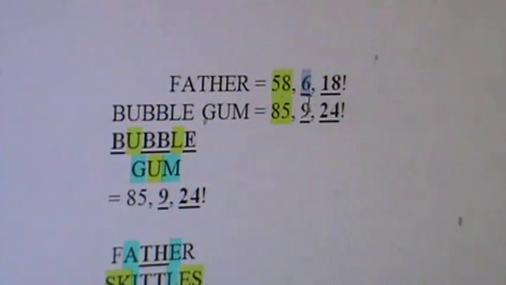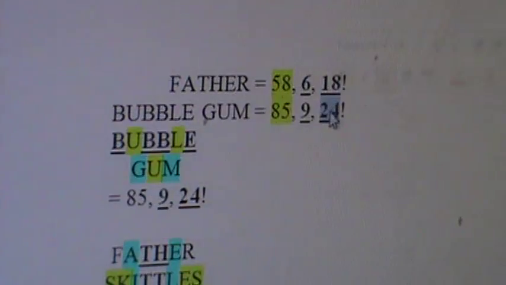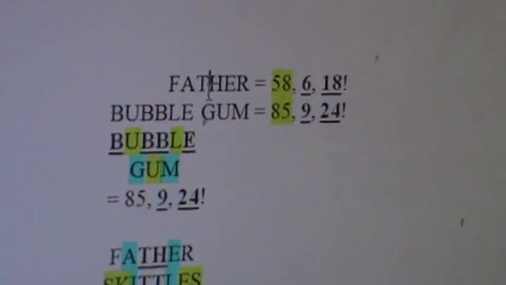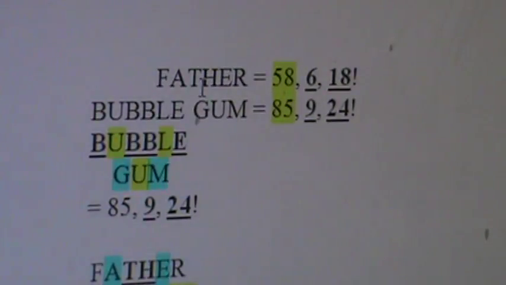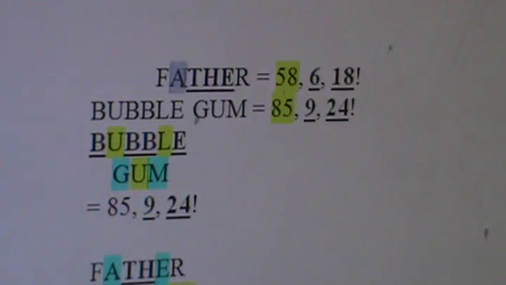Okay, so 6 letters, 9 letters, 18 strokes, 24 strokes. Flawless in its overall design for the Trinity. Okay. Father is pointed to by bubblegum. Because he ordained bubblegum. Wow, the Trinity is maximally glorified. So, and then you point out how it works. 3 plus 2's in Father, which is 2 on top of the 1 plus 1.